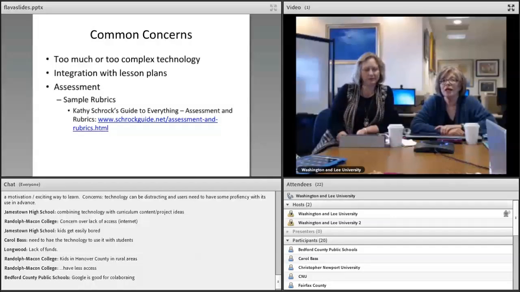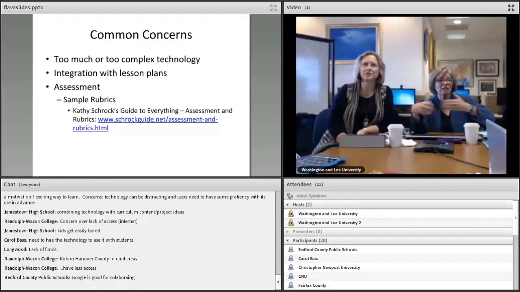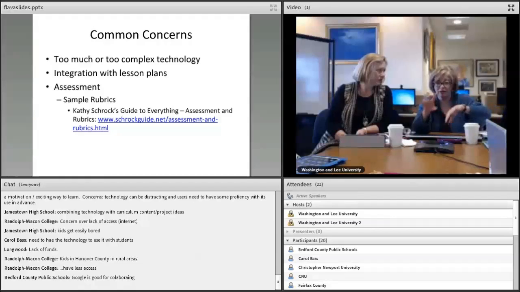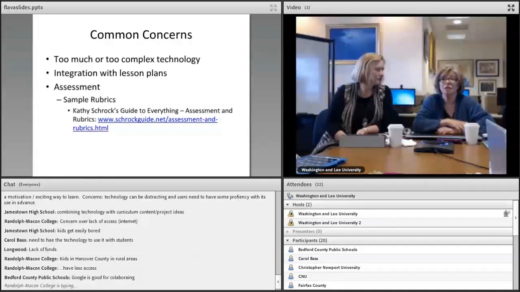Choosing something simple that hopefully they can figure out means you won't have to do a lot of support. Nobody really mentioned integration with lesson plans, which comes up all the time with my folks: how do we incorporate this as a task when we have this textbook and all these worksheets that come with it and all this online stuff, and where are we going to fit this in? And of course the goal is to find an activity that replaces something, for the people who are talking about personalized assessment.